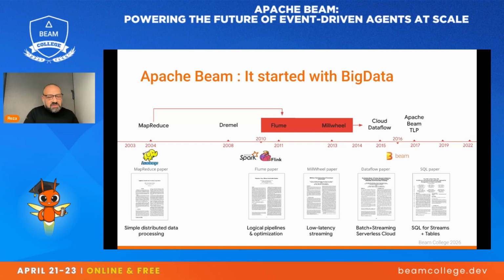And if you're not familiar with these papers, I highly encourage them as a very interesting read that gives you a good grounding in how the systems are working. And of course, Apache Beam is the SDK. It's the way that you program and develop your pipelines. And then you have different runners.